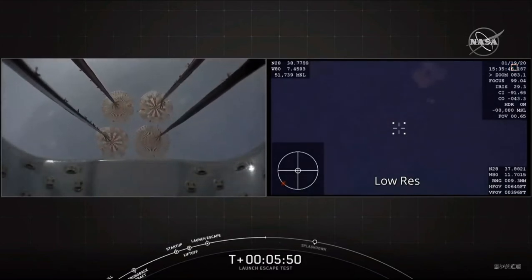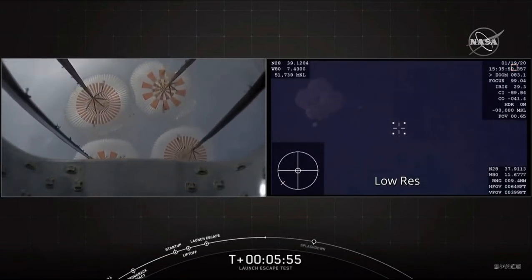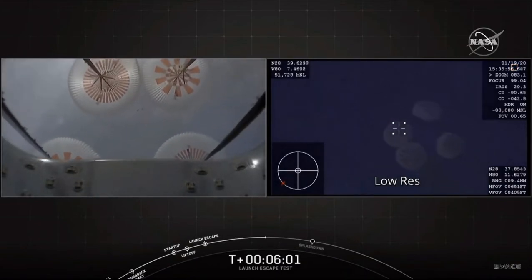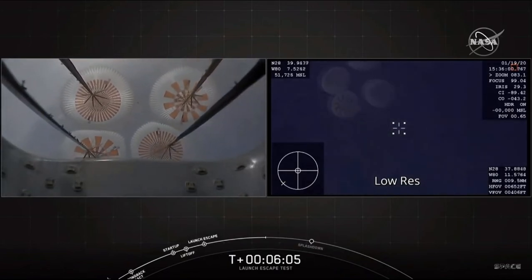Great views coming off of the Dragon camera on the left, and we can also see the 4 parachutes from the airplane on the right. That is a really cool view. Nice view of the orange and white parachutes as they're opening up into the 2nd position, and then going to